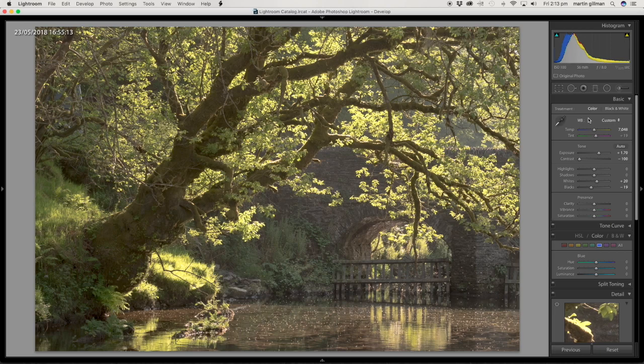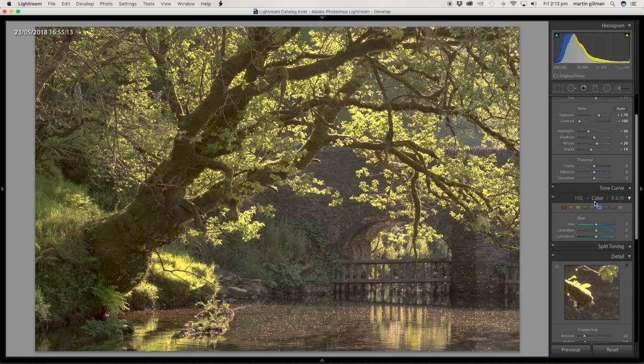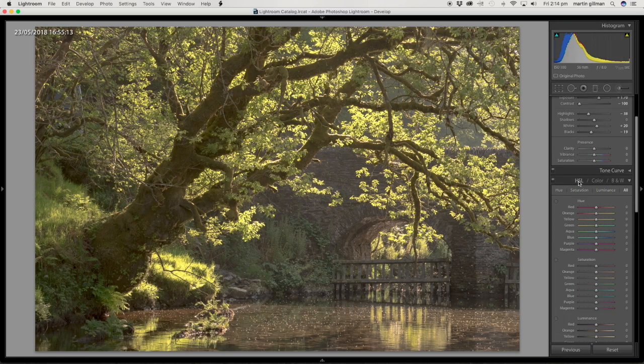So once we've got there, we can just do a little bit more fiddling with such things as the warmth. Okay, bring the temperature up. I'm just going to drop the highlights down because at the moment I'm at risk of really overblowing this area here on this grass. Just bring those down a little bit. Just to taste, really. And then the final thing I would do is I go into the HSL